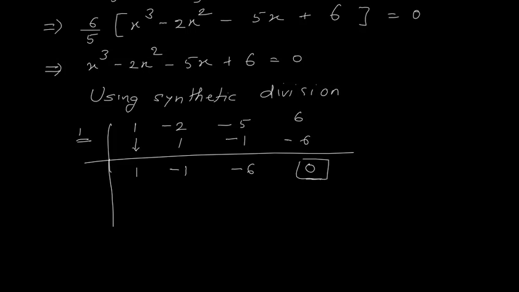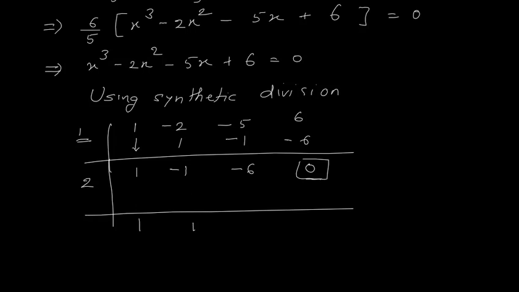So for another factor, here it is 1, minus 6. So let us try with 2 or minus 2. So if I try with 2, let us see what happens. I write 2 here. This 1 I will bring down. So this is 1, 2 into 1, I have 2. Now minus 1 plus 2 is 1 and 2 into 1 is 2. So here I am not getting answer as 0. So I will not take 2.